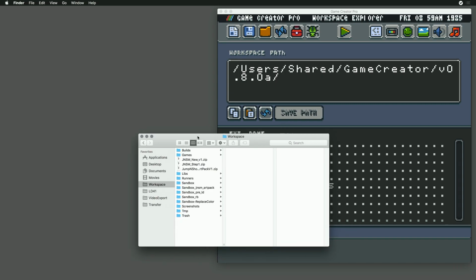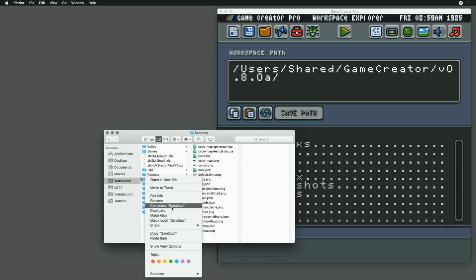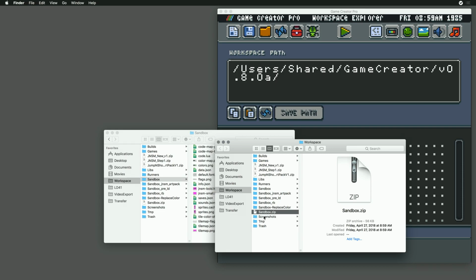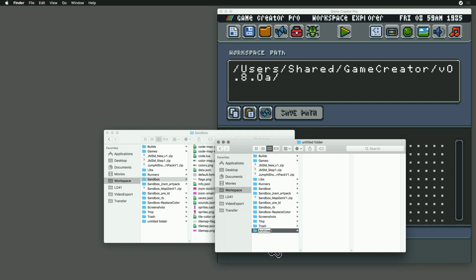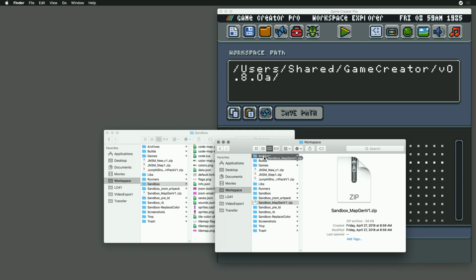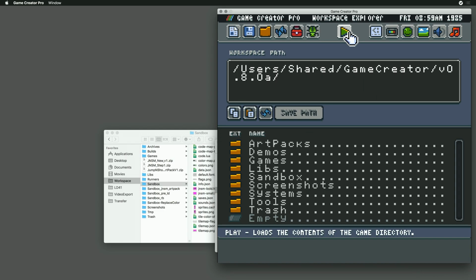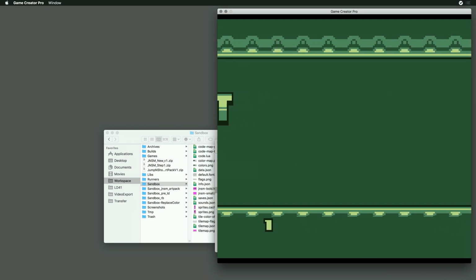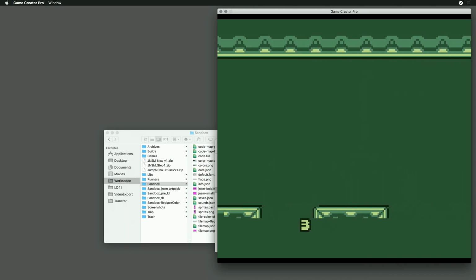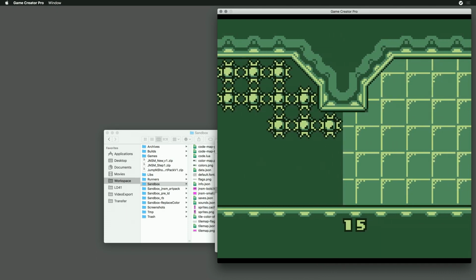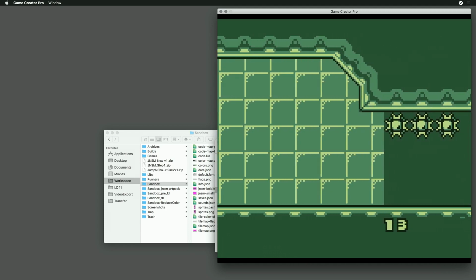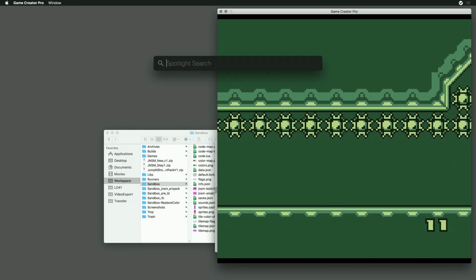Whatever. All right. So yesterday, let's compress this, and we're going to call this MapGen V1. Basically, where we ended up yesterday was I cleaned up the MapGen code, and now what it does is it pulls out sections of templates from a larger map file. So if I open up Tiled,